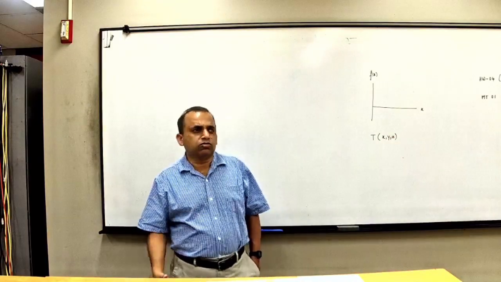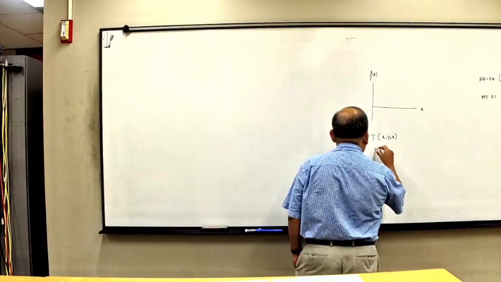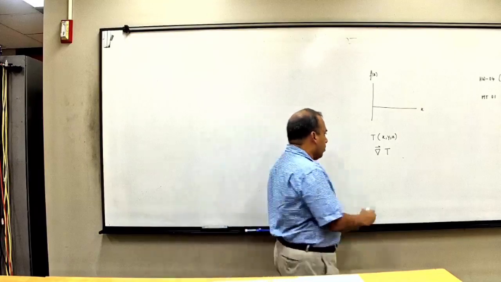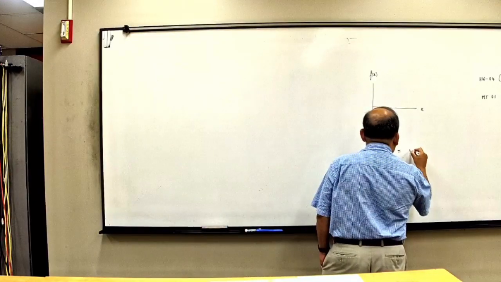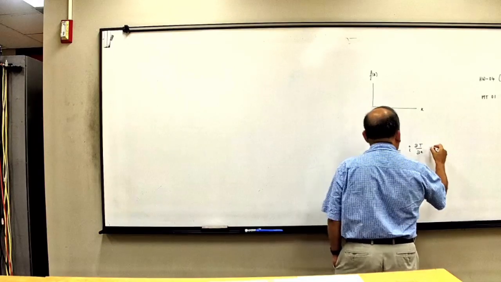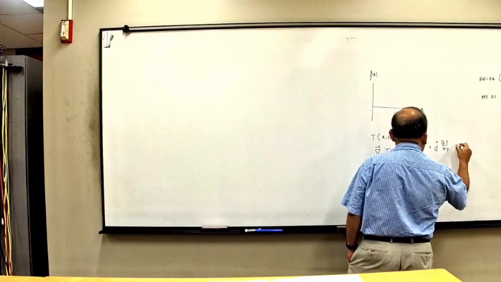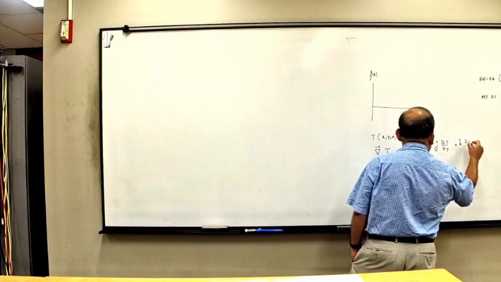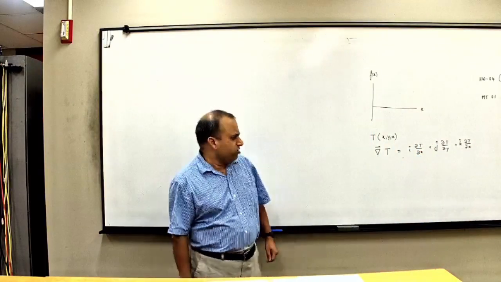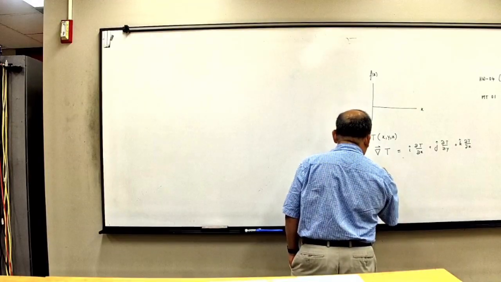We can capture all those things in a vector form, and that is done by the gradient. The gradient of the temperature in this room will be equal to the change in the temperature in the x direction plus the change in the y direction plus the change in the z direction. In general, if I were to multiply this with a vector A,